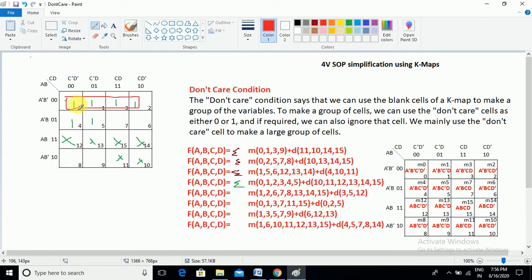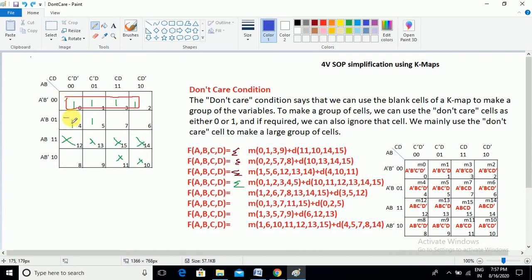Here you can go with this kind of overlap, or else you can take the don't care cells into the group. It is better to go with the overlap. So now the 12 and 13 cells are converted into the value 1 in this case. And what is the general alternative? You can go with the overlap, but our motto should be that before overlap we try without overlap for the maximum cell grouping.